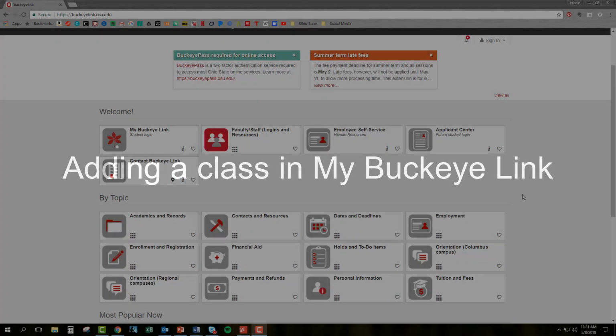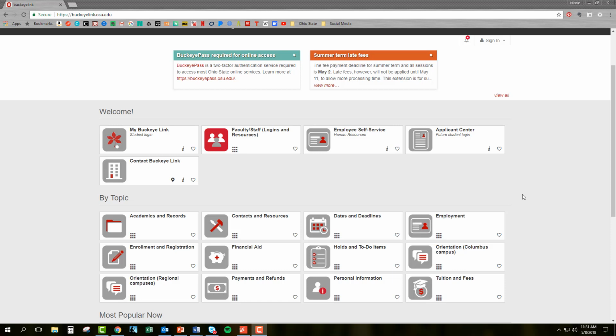A quick note before we begin. For your first term at Ohio State, your enrollment appointment date and time is tied to your orientation date. You will not be permitted to enroll in classes on your own without attending an orientation program. It is also important to note that you will not be able to change your enrollment online after your orientation